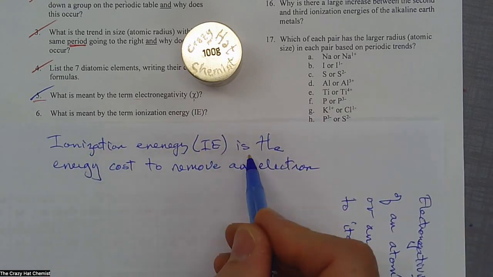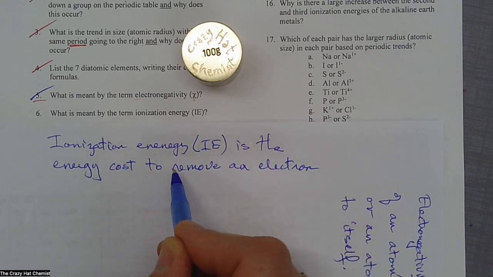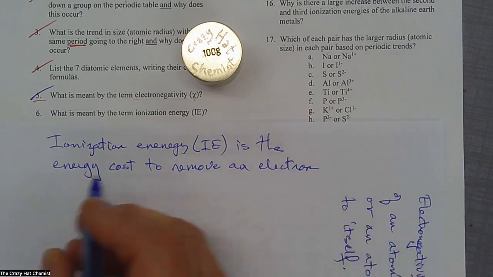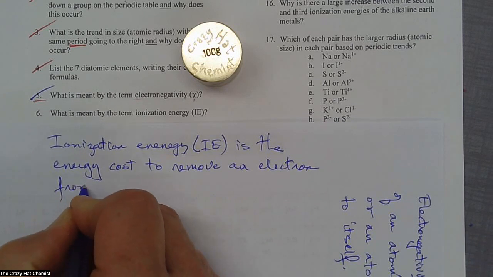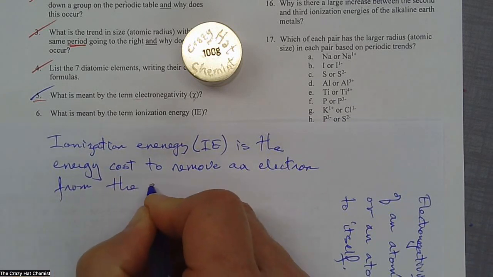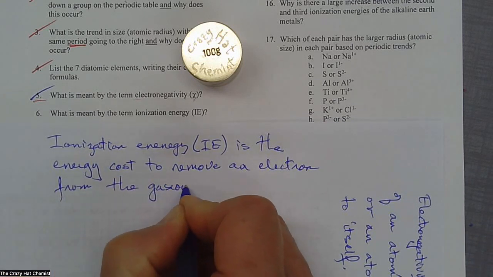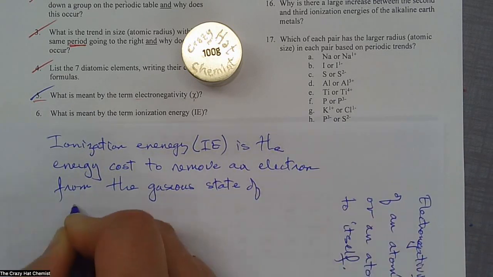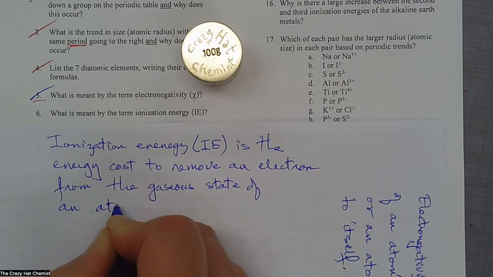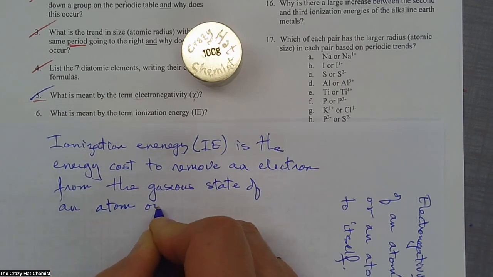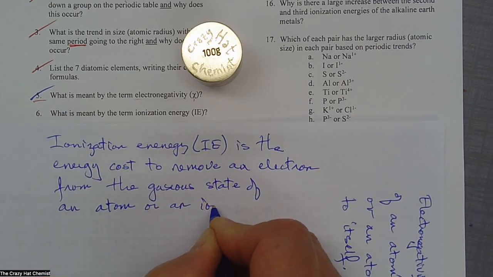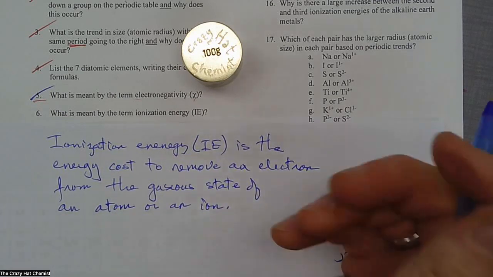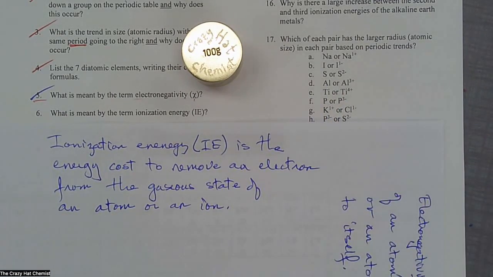So ionization energy, IE, is the energy cost to remove an electron from the gaseous state of an atom or an ion. All right, that's our formal definition of